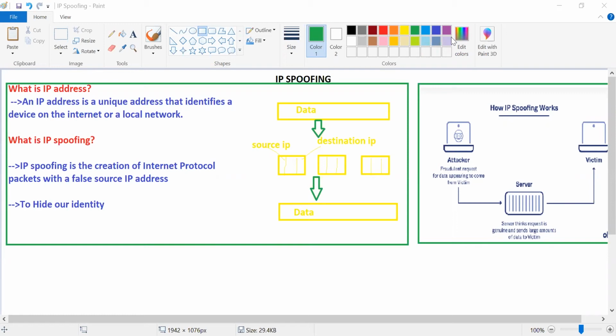Basically, an IP address is used in order to identify a particular device on the internet. Every node, every device on the internet has an IP address. Based on the IP address only, we will be identifying a particular device, right? Yes. Coming to IP spoofing, guys, what exactly is IP spoofing? We can say, simply,